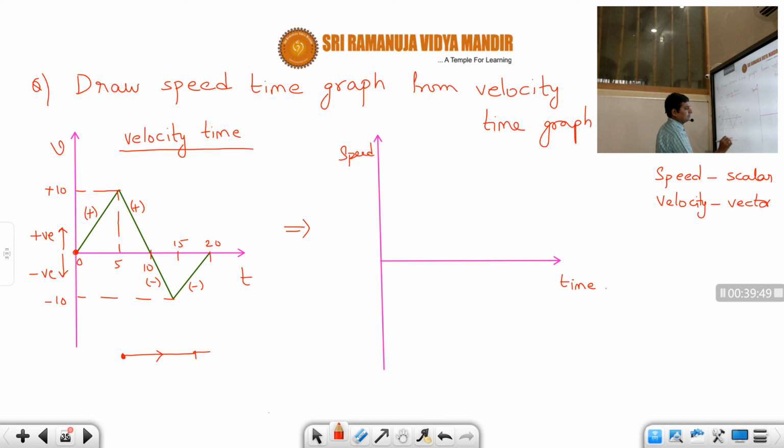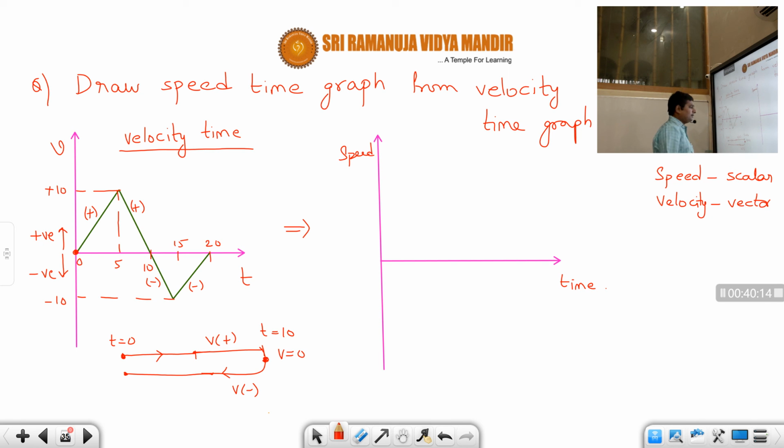So from t equal to 0 to t equal to 10 seconds, it is increasing and then decreasing. At this point velocity becomes 0. Now it takes a U-turn, correct or not, students? Only then can we say that velocity is negative here. It goes like this and then reaches here. This is V positive, and V is 0 here.